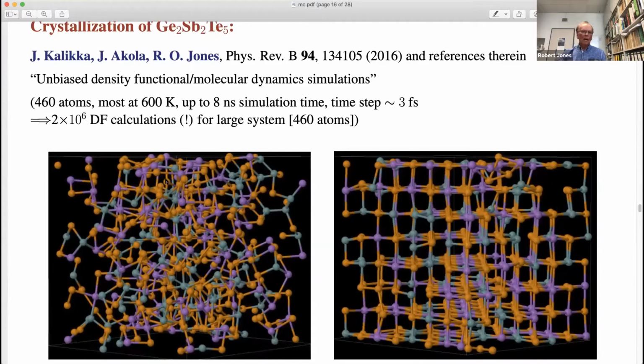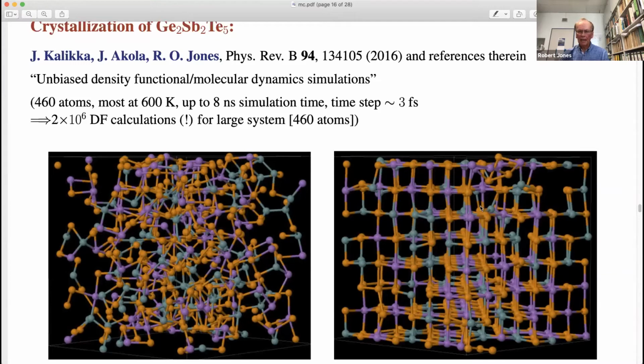But it is quite magical to watch. I have a video, which requires just too much space to send around, but I've watched it certainly 1,000 times, where this material, the disordered Ge2Sb2Te5, orange is tellurium and the others equal numbers of antimony and germanium. We have this material and we watch this over a simulation, and it changes almost magically into a structure where you have, in fact, something very close to what Yamada suggested, an almost